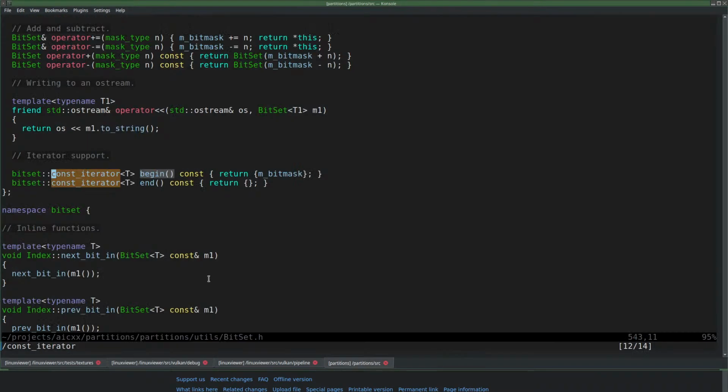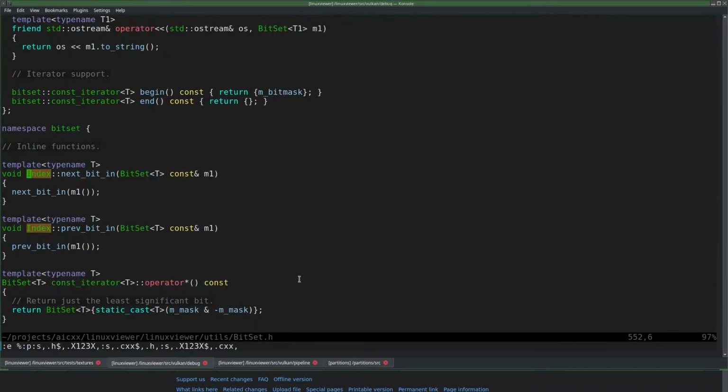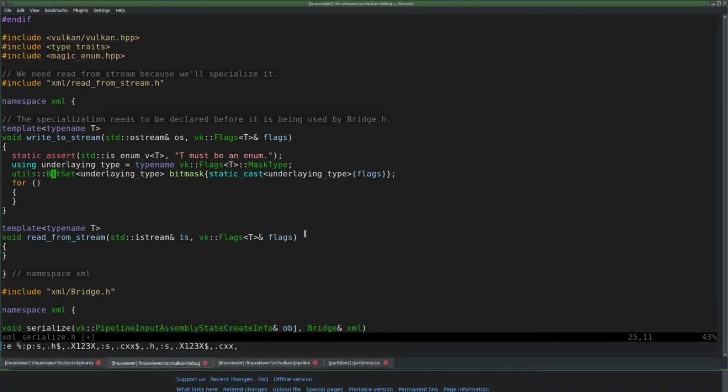That's not what I was looking for. Yep. Begin. Okay, so we have my bit mask. Begin, and that returns an iterator. Let's call that a bit iterer.